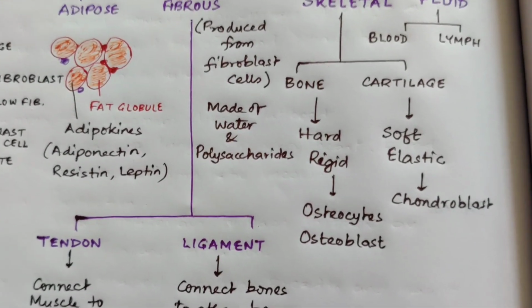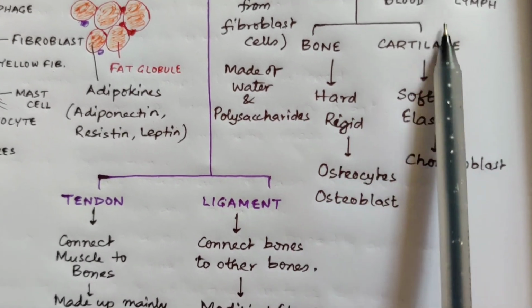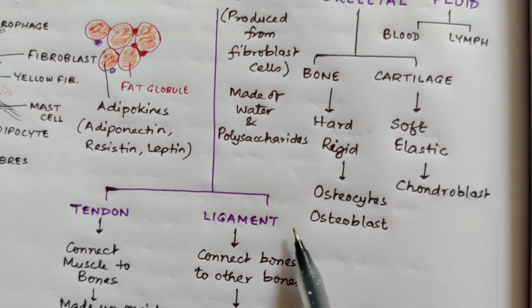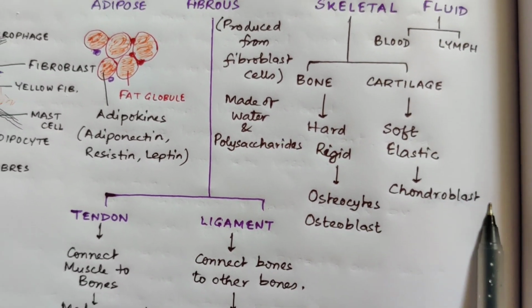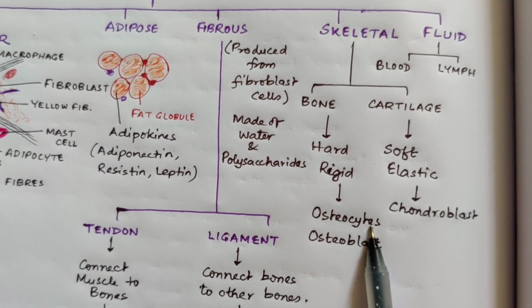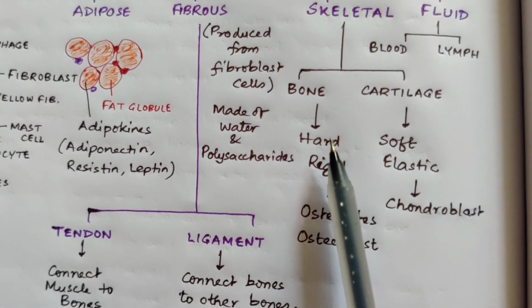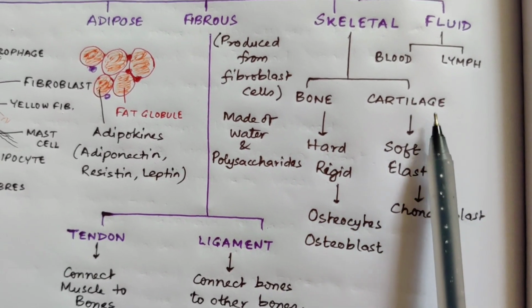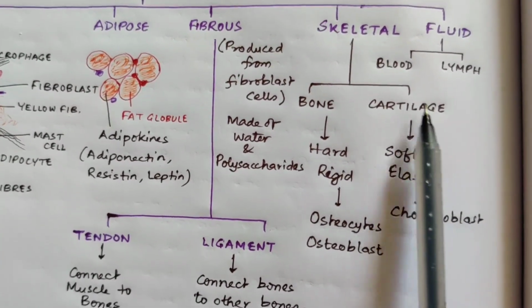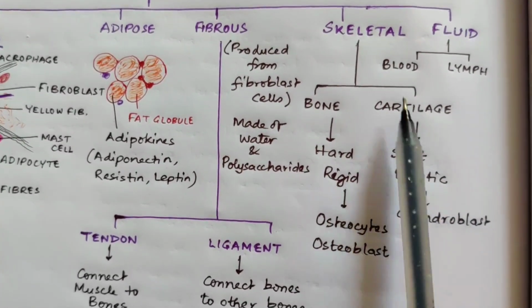These are the differences. If you are asked to write the differences between bone and cartilage, you can write like this. The bone is hard, cartilage is soft. The bone is rigid, cartilage is elastic. The bones are made from osteocytes and osteoblasts. Cartilages are made from chondroblasts or chondrocytes. Chondrus means cartilage and osteon means bone. So all the basic bones of our body are this, and cartilages are present in our ear pinna, in our windpipe, and in between the vertebral column of our body.